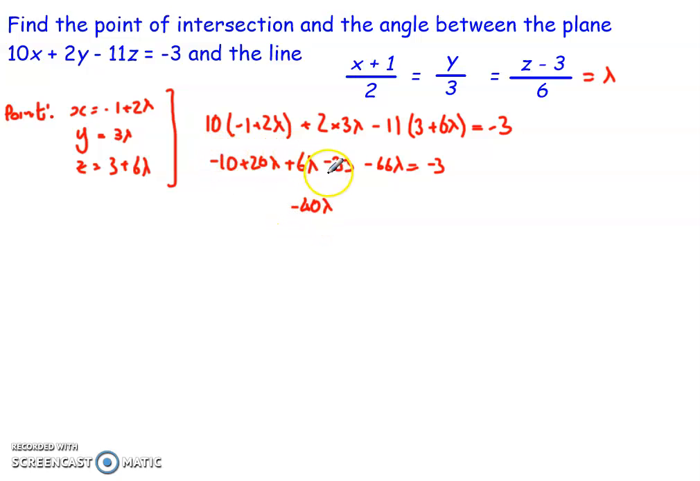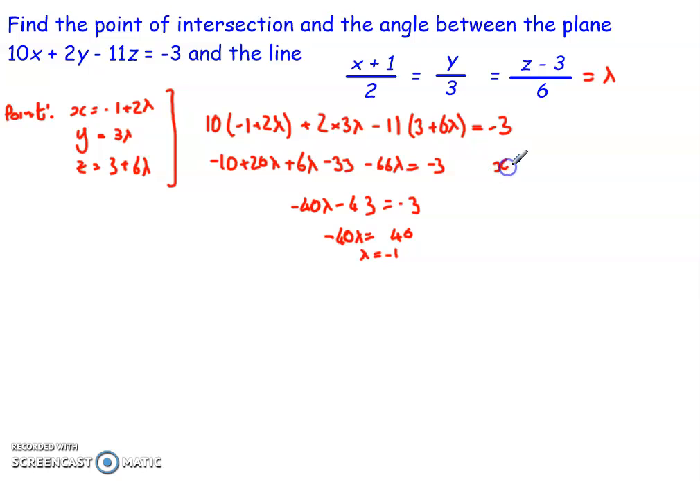Then I've got minus 10 minus 33, which is minus 43 lambda equals negative 3. Shift the numbers across, I get negative 40 lambda is equal to 40, so lambda is equal to negative 1. So now, same set of steps as before, substitute into here to get my x, my y and my z